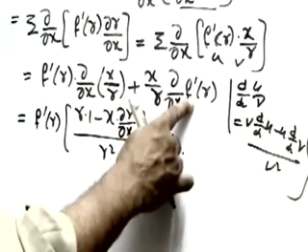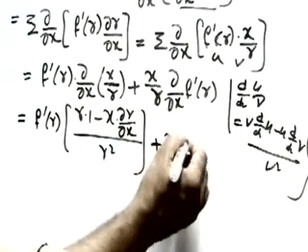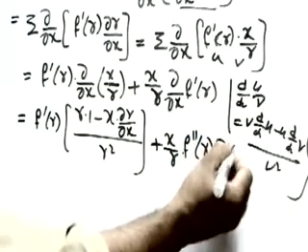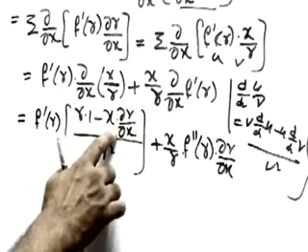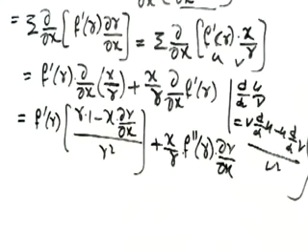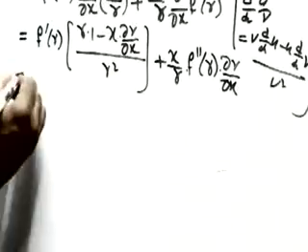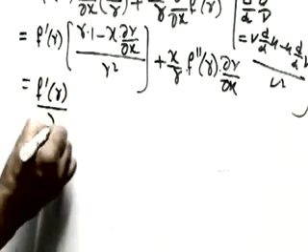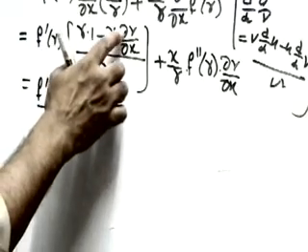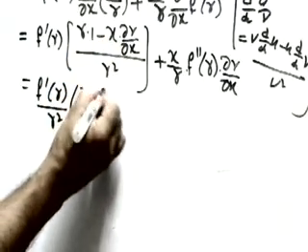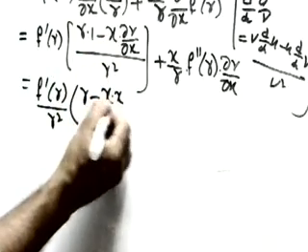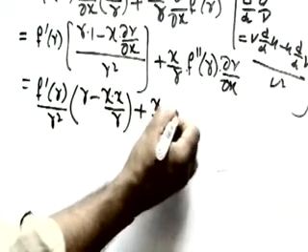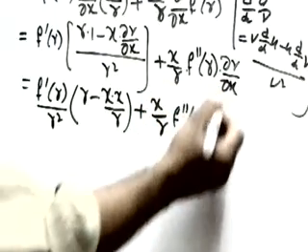F dash, when we differentiate, it will become f double dash. So f double dash r into, but we are differentiating with respect to x, so we have to write dou r by dou x. So in place of dou r by dou x, we can write x by r. So let me continue this one. See here, I'm writing f dash r, by r square. Now this we have to substitute in place of this x by r: r minus x into, this can be substituted as x by r, plus x by r, f double dash